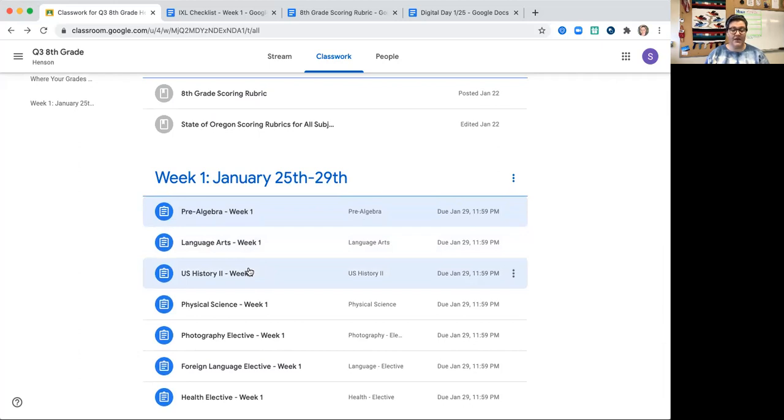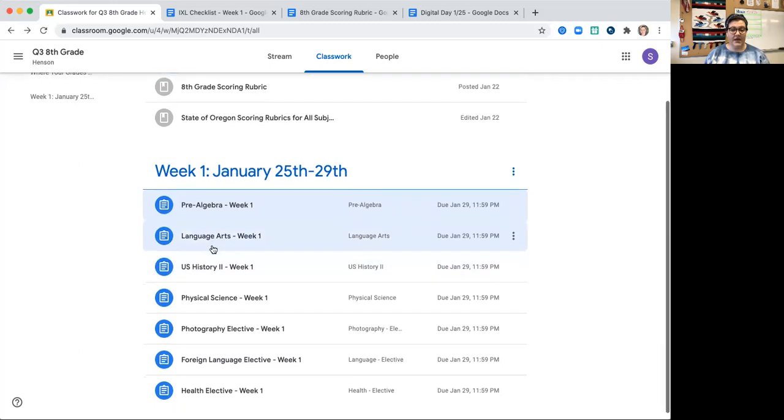And so I know that way, if you are really proficient in language arts, but you struggle with US history, it's possible you could get an A in language arts and a B in US history. So that's something that I wanted to split up for you, because I know some of you have struggled with humanities the way it was set up. So this will be clear.